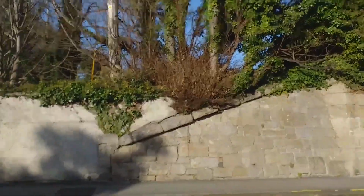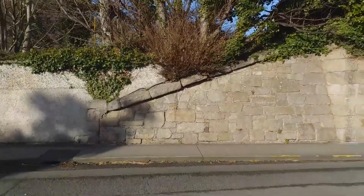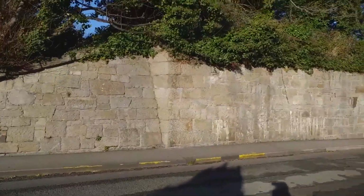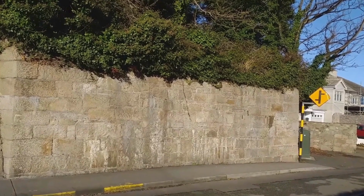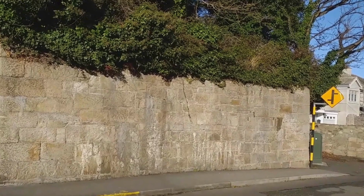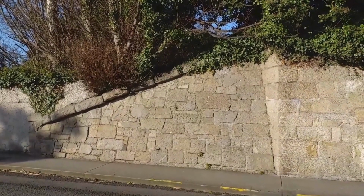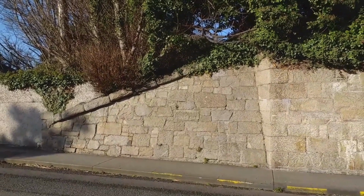We are on Quinn's Road, and this is the surviving embankment and abutment on the Harcourt Street line. It's quite close to where Shanganagh Junction was, but what's interesting about this was this structure was built in 1854, but due to coastal erosion, the original coastal line